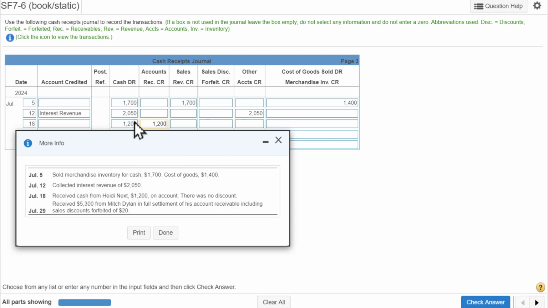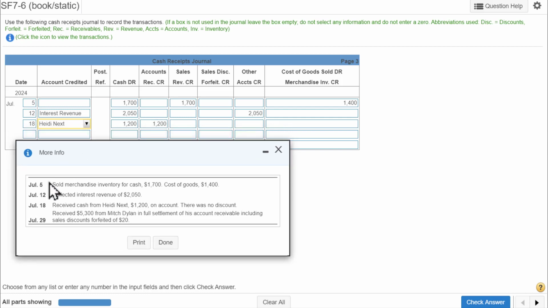A lot of students say, well, our debit is $1,200 and our credit is $1,200, so we must be done. Well, anytime AR is being affected, we have to tell readers of this journal who the AR is for. So we have to include here, over here in the account credited column, who it is. It's Heidi Next. So later when we go to post this to the AR subledger, we know it's for Heidi Next. And then lastly, July 29th,